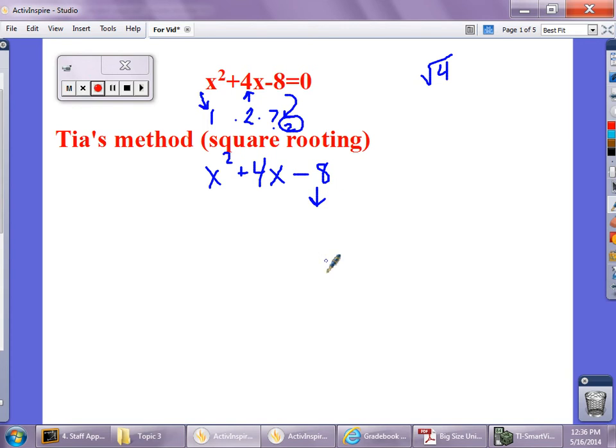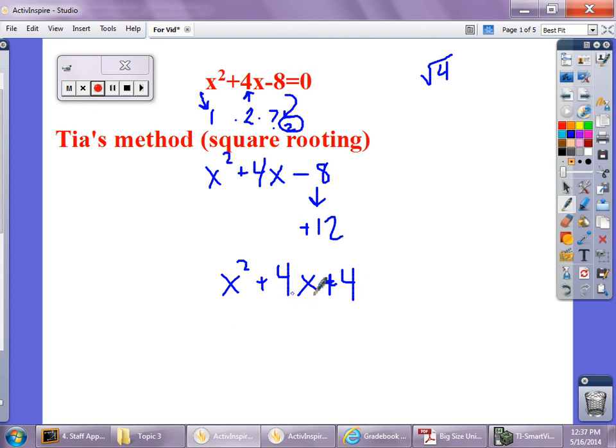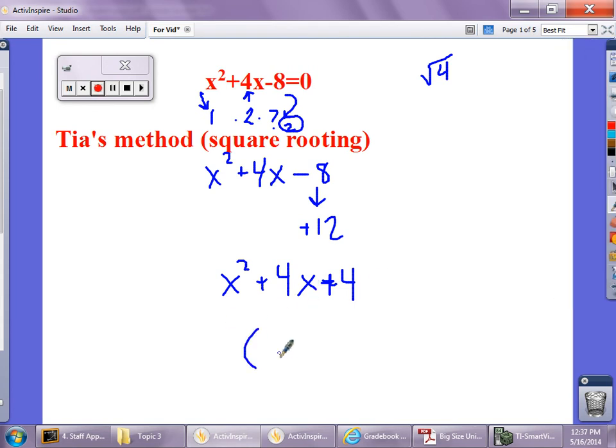Well, we can add 12. And if we add 12, you get x squared plus 4x plus 4. Now we have a perfect square, not the difference of two squares, but a perfect square trinomial. So this would factor into x plus 2 times x plus 2, which is just x plus 2 squared. So I did my job. I took this equation and kind of squared it. But remember, in the beginning, we